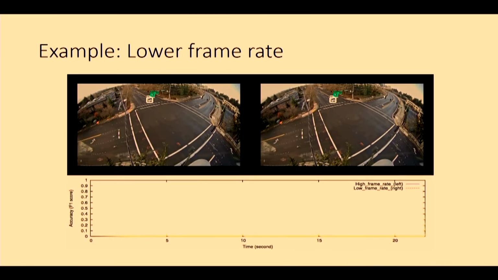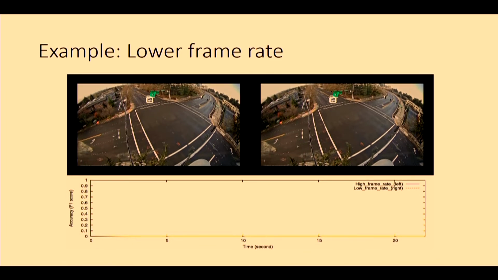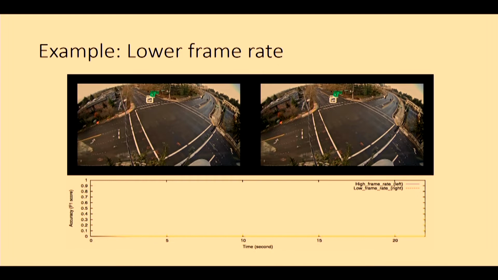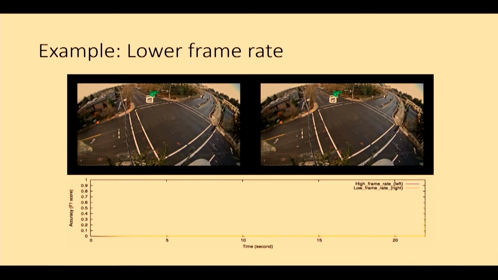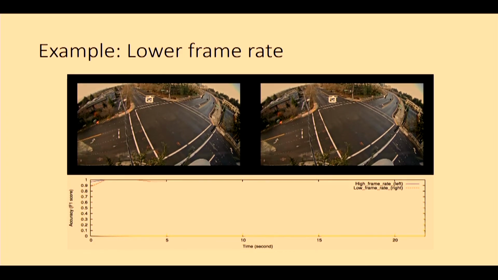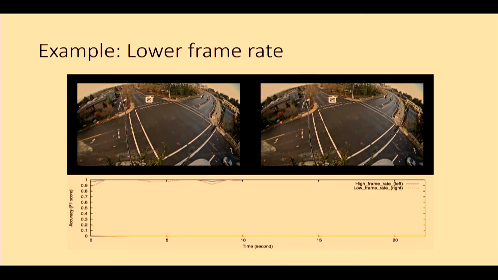Let's see an example. This is actually a video from Chameleon, from our system. We'll see an example of why changing a configuration parameter can help. Here are two videos. Actually, they're the same video, but on the left we're going to use a high frame rate, and on the right we're going to use a low frame rate. We're going to look at the accuracy of the analytics pipeline for these configurations over time. If I play this video, you'll see that the accuracy of both the lower and higher frame rate for this particular period of time is roughly the same. So obviously you'd use a lower frame rate. Nothing much is going on in this video. The lower sampled frame rate is sufficient.